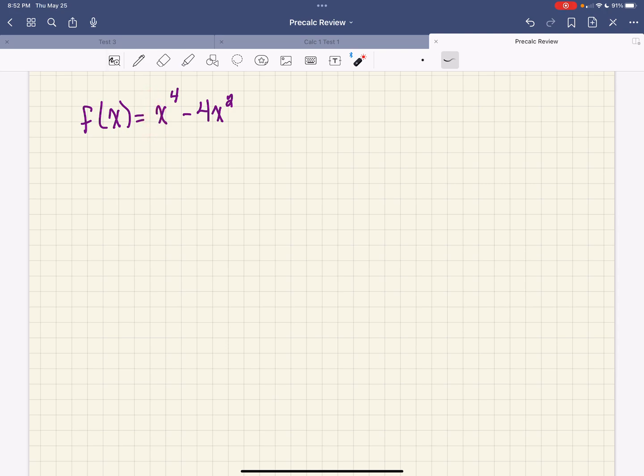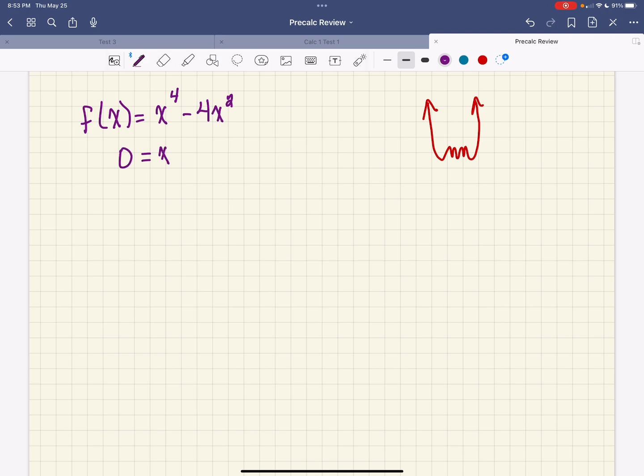Okay, and because we've got a positive 1 right here, we know that our end behavior is going to look like this right here. We don't know what happens in the middle, but that's what our end behavior is going to look like. Okay, so I'm going to just do a little sketch. We're going to have our end behavior, and those squiggly marks mean we don't know what it's doing in the middle. Okay, so now we're going to find our zeros, and to find our zeros we just set it equal to 0,